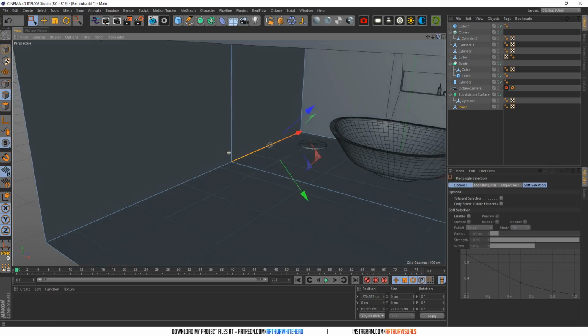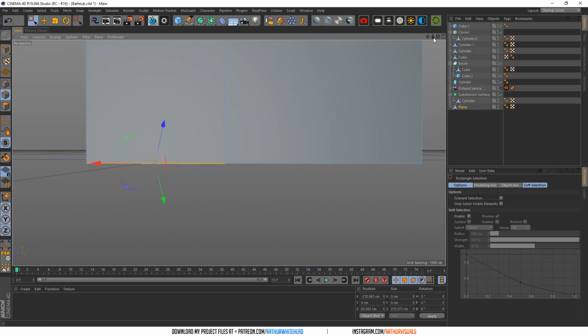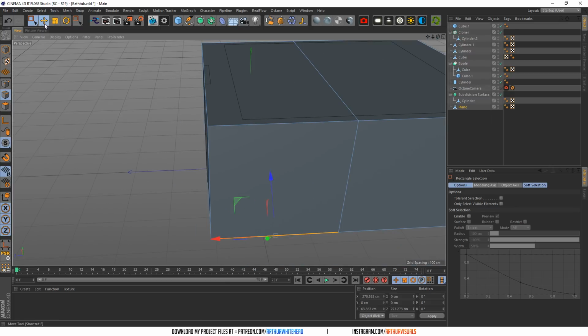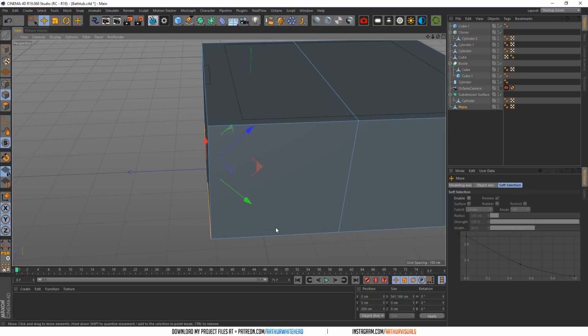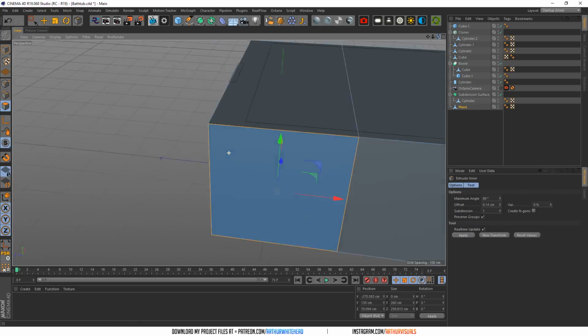Trying to get this thing to be square enough. It doesn't have to be perfect square. So this is 260, it's 270, 268. Yeah, that's close enough. And then we need to